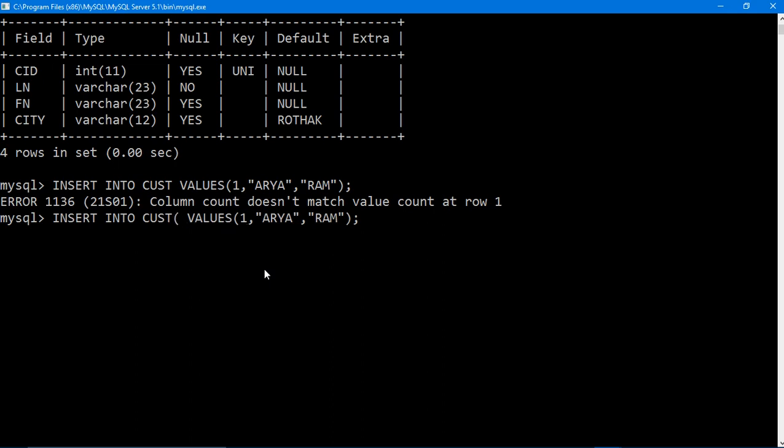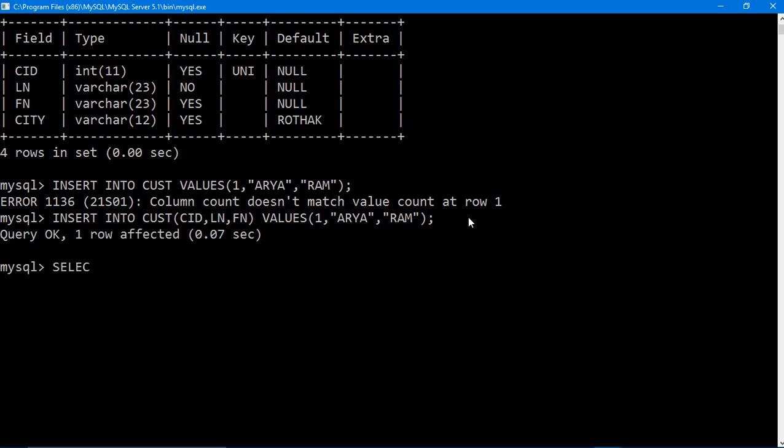Keep it in mind, if this is not written, then the answer will not be okay. The first value will go in CID, second in LN, which is Arya, and third in FN, which is Ram. So it's okay now. Now I just want to see whether this particular value has been added.